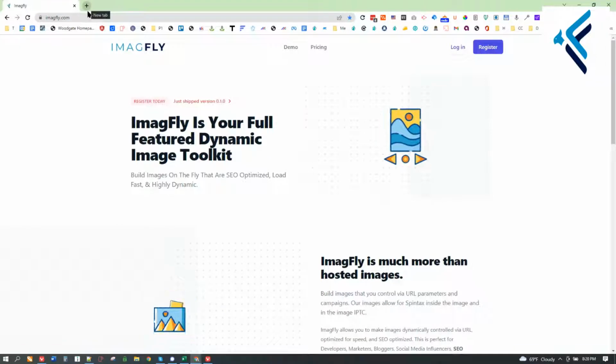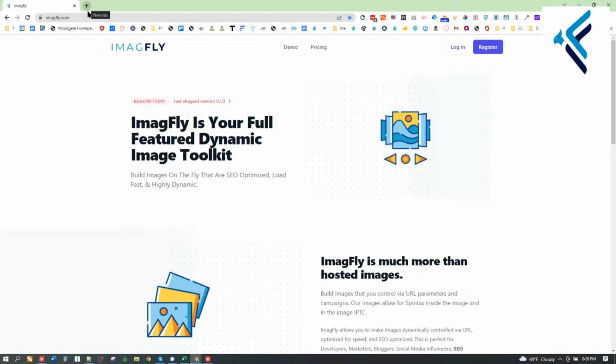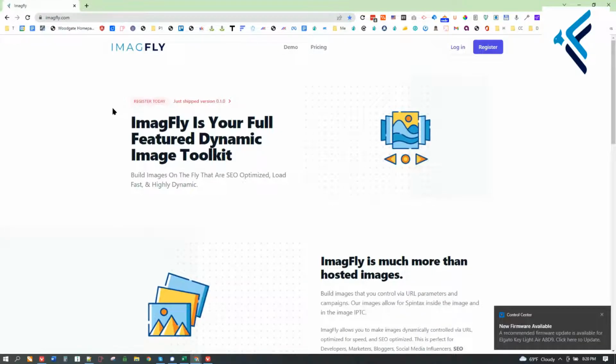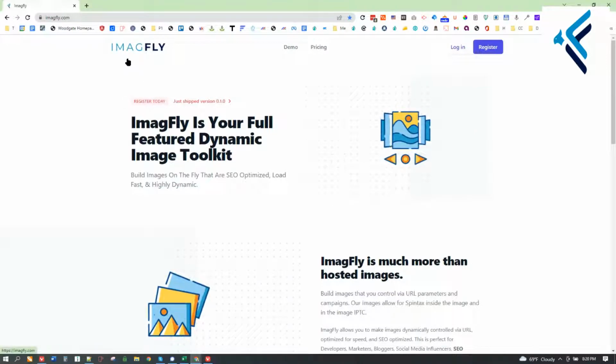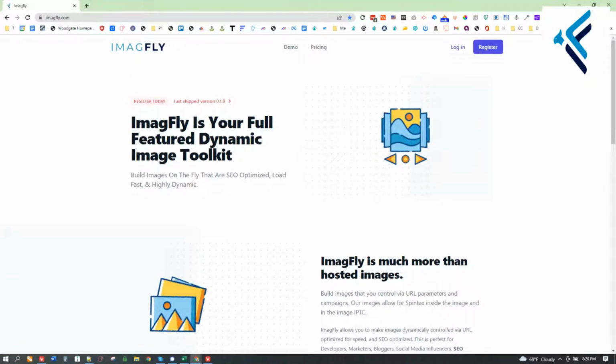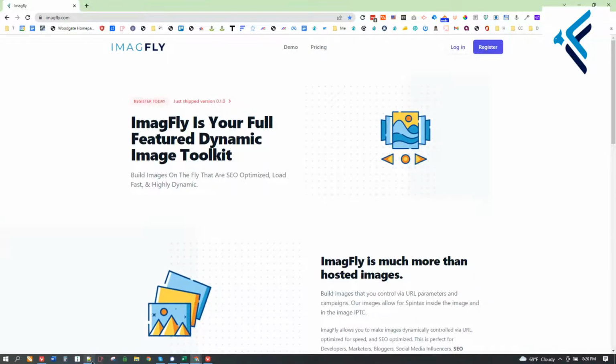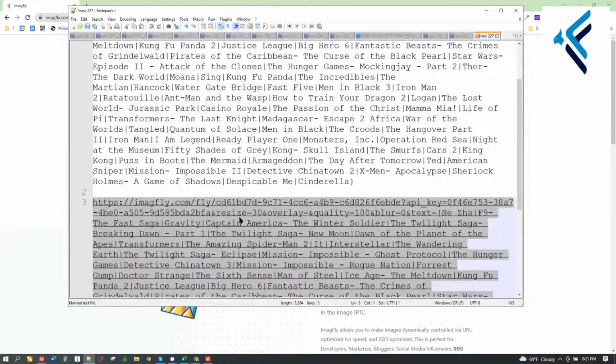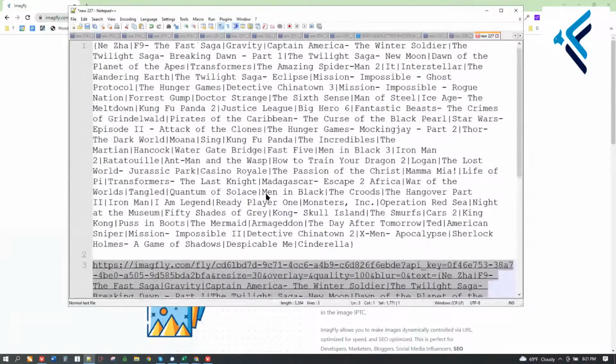So I was working today on an HTML website from years gone back, and they wanted to convert it over to WordPress. And I was like, oh, this is a perfect thing for ImagFly to do, to take all of those images and be able to change the image, because within the image itself, let me just show you guys. And I plan to do a webinar for the people that have already signed up. Congratulations.